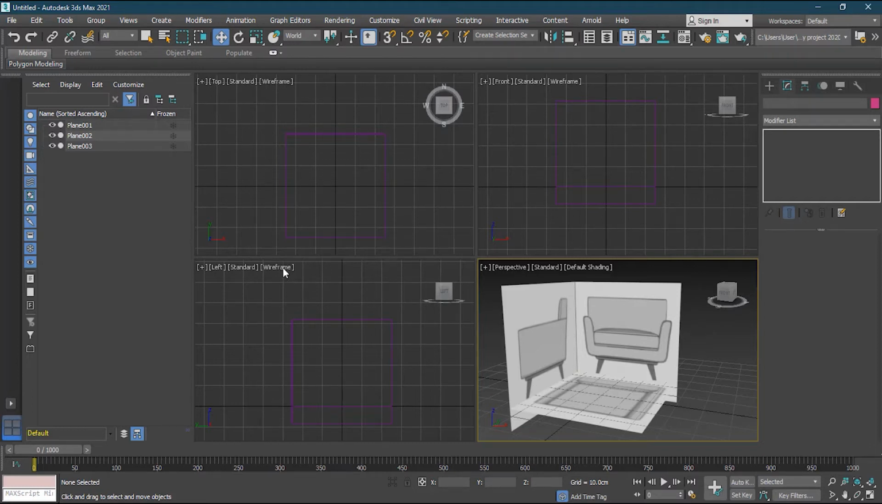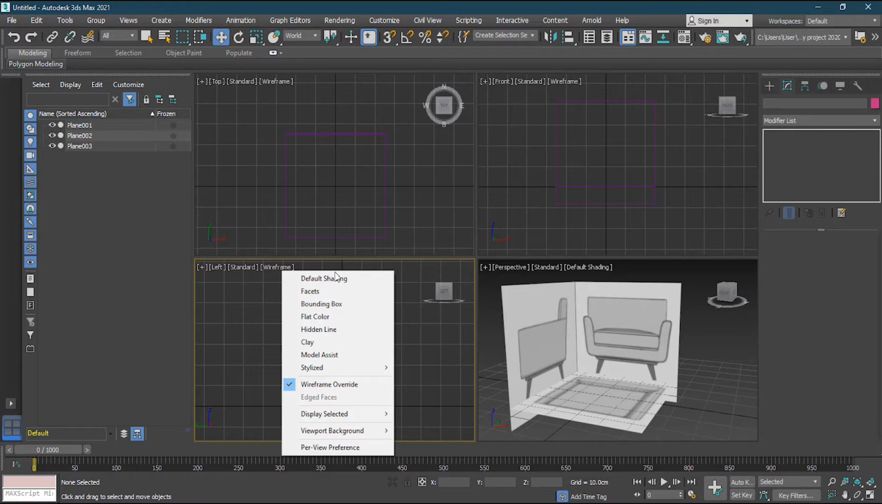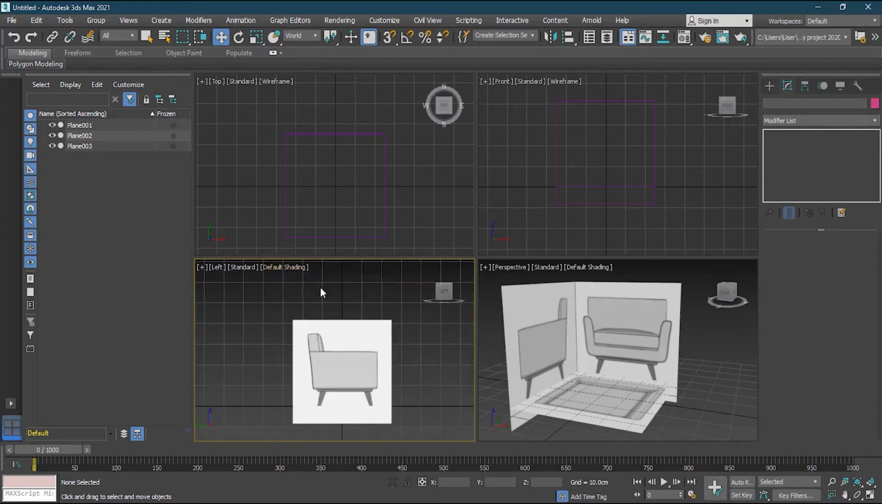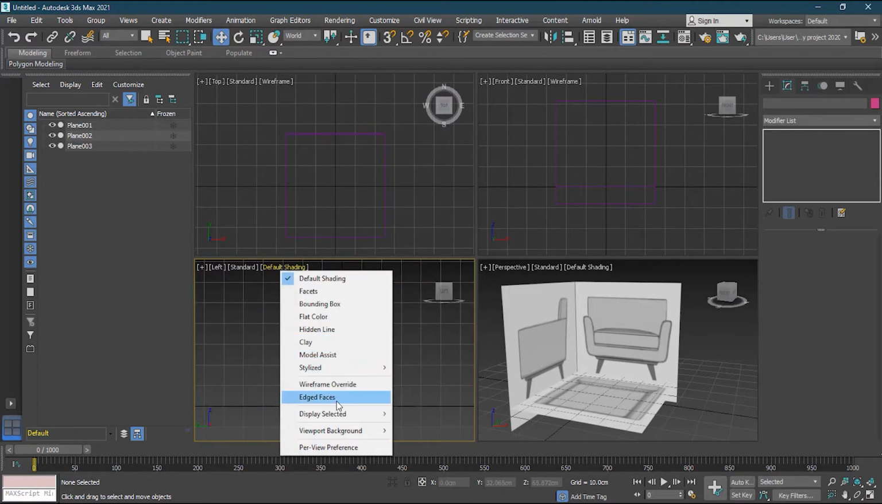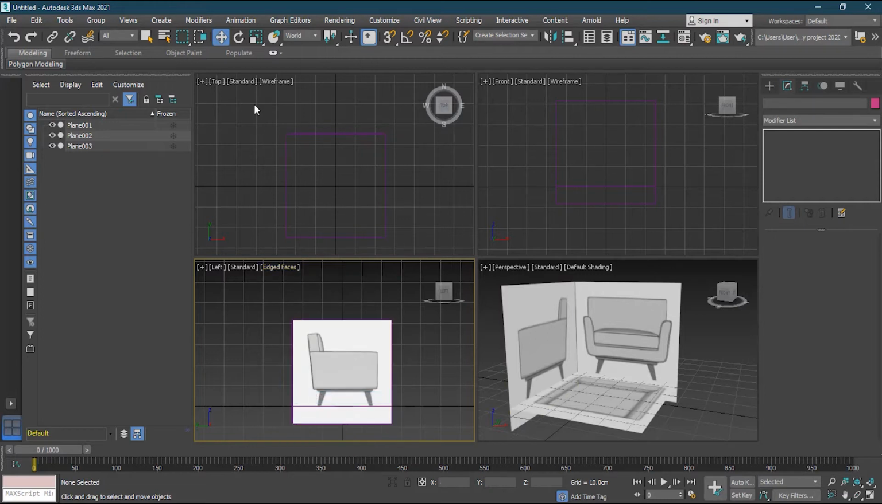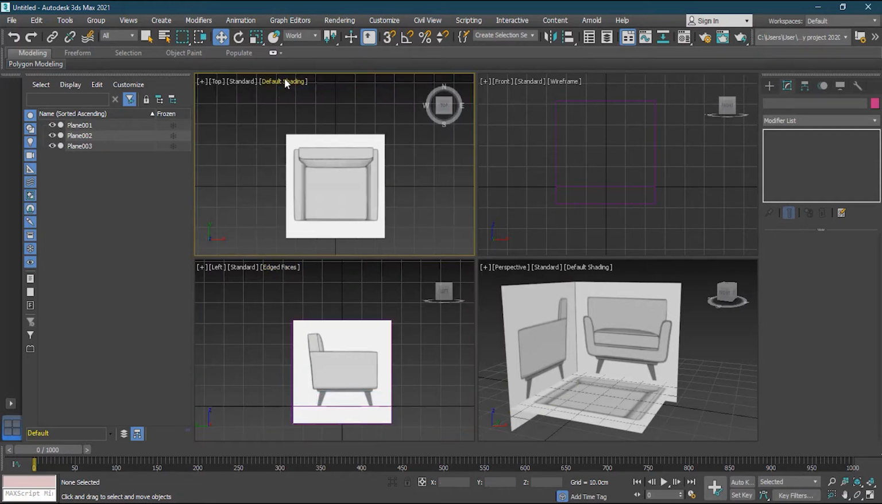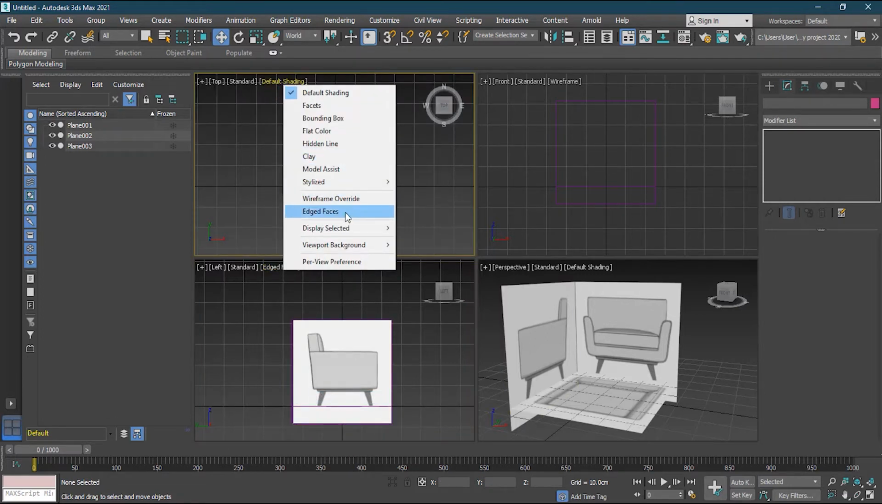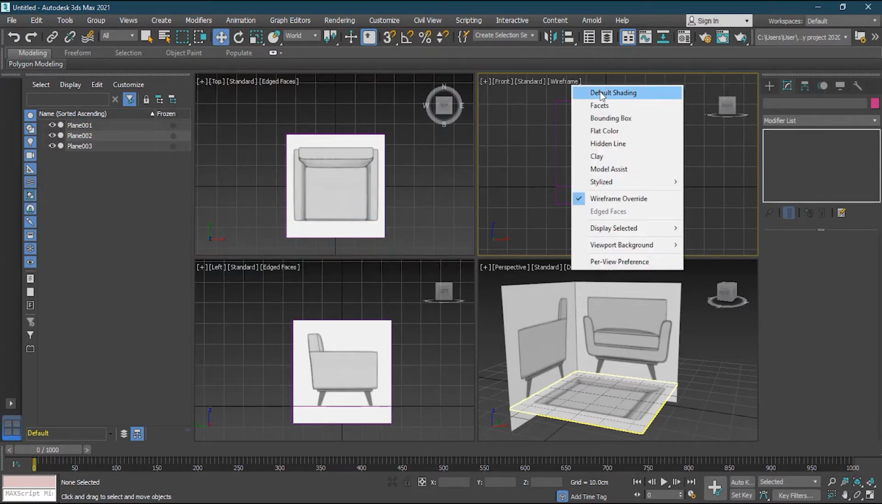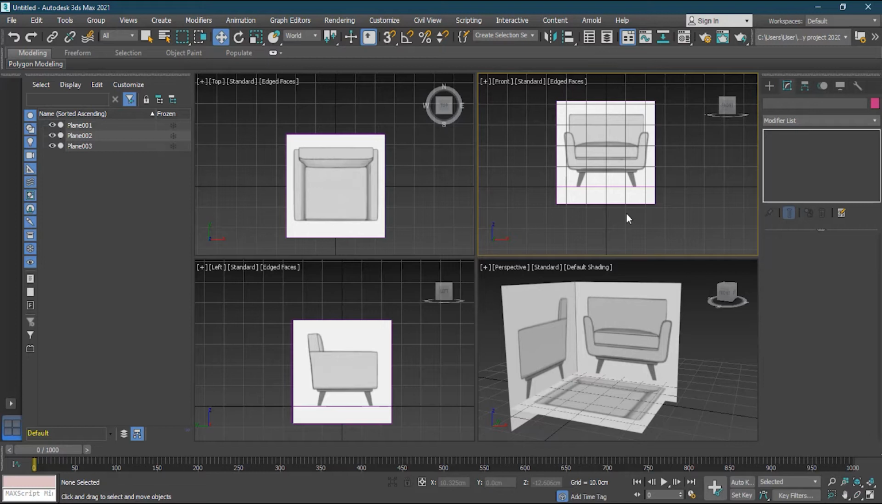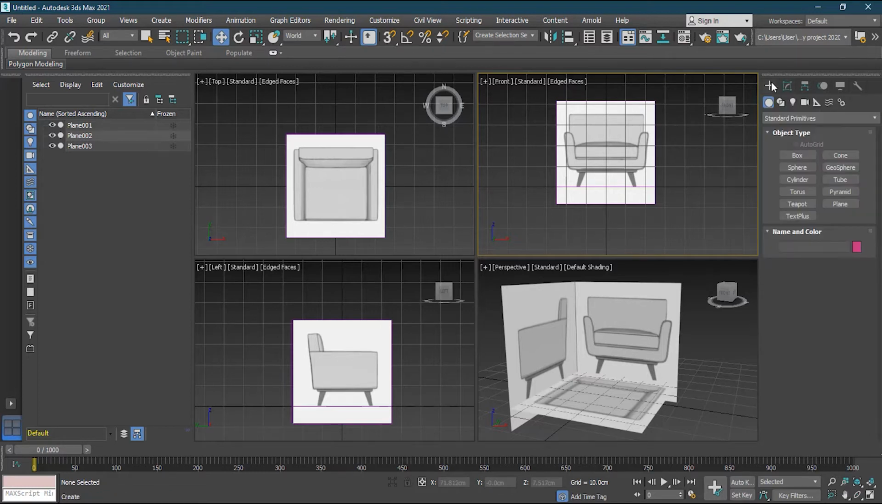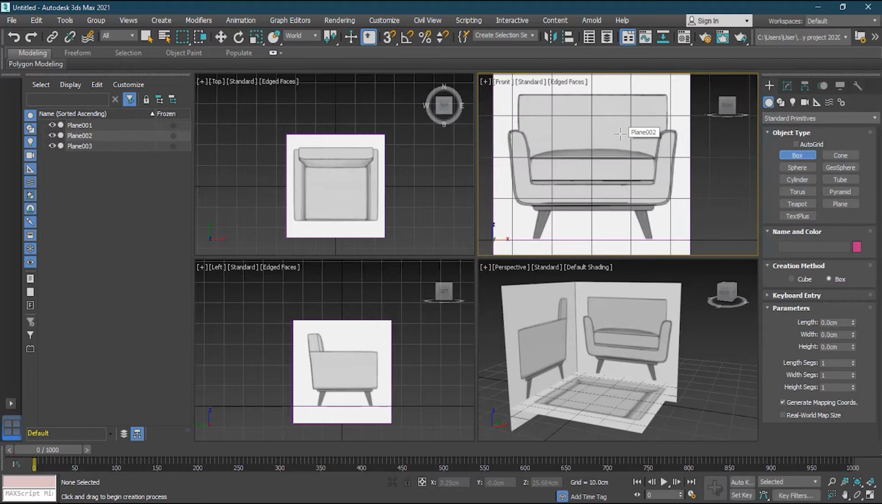So what I need to do is go here and turn on default shading. Also I will turn on edge faces. Same thing here, default shading and also edge faces. Default shading and also edge faces. Okay, now I will go to my create panel here, primitive, and I will take box. Now we will start modeling